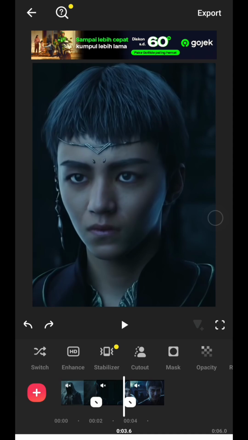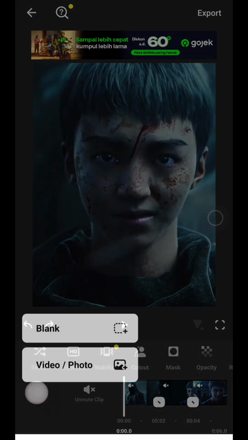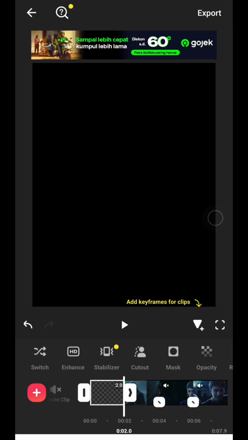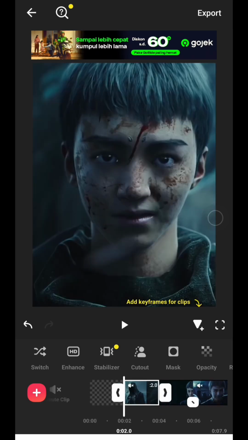Next, just add a blank screen at the very beginning. Just tap on the plus button and then tap on blank like this, and then set it to 2 seconds like this. And next, freeze the starting frames of your first clips